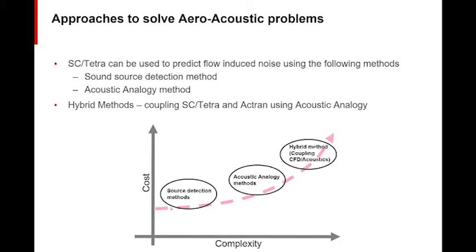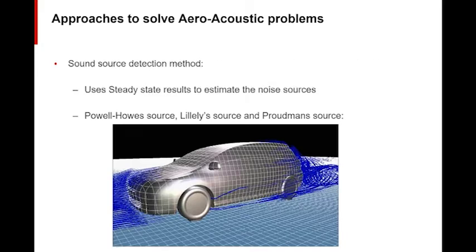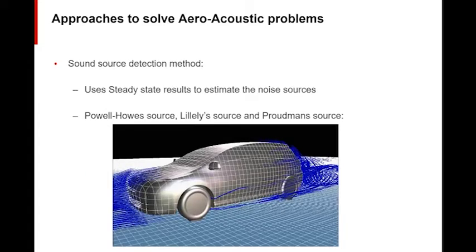Here is an example showing the source estimation using the Proudman source for a flow in automotive. The first step we do is to establish a steady-state solution and then use the flow field to estimate the sources. For a flow in automotive, we know that Alexis, can you play the animation again? We can see that the main sources are coming from the side view mirror and